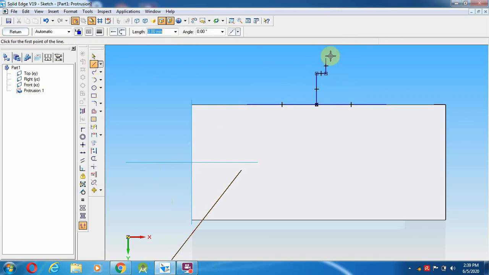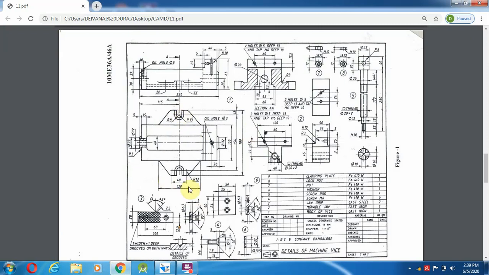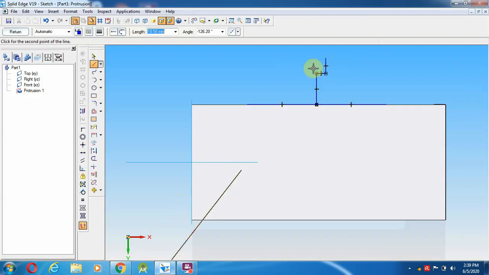From the mid, to this side how many mm distance do we have to move? The total distance they gave is 40. So 40 means from here we are going to make one arc over here. After that, a tangent line we are going to draw. Okay, so from mid it is the length of 8 mm here. 40 means this side 20. Already it goes 8 mm, so the remaining is 12 mm. After drawing the 12 mm,